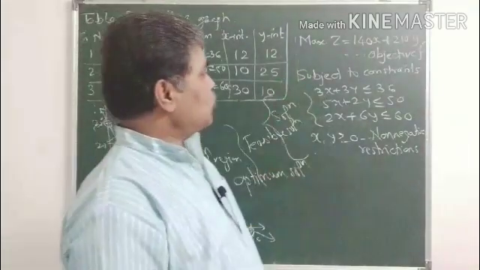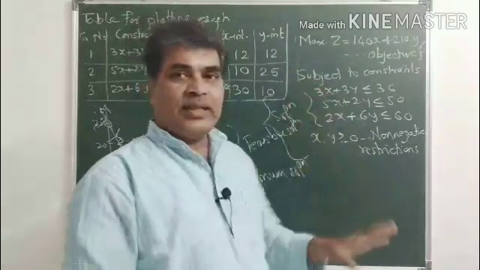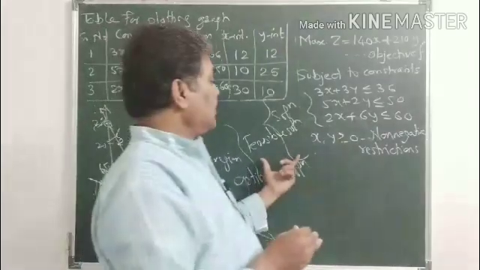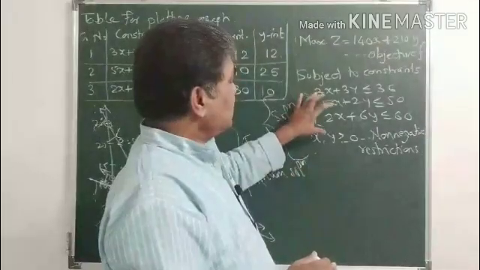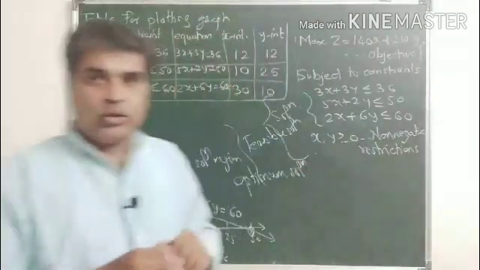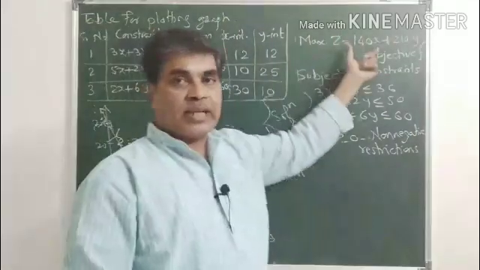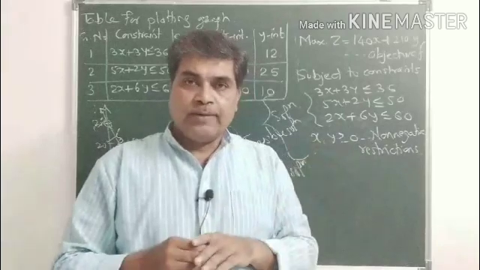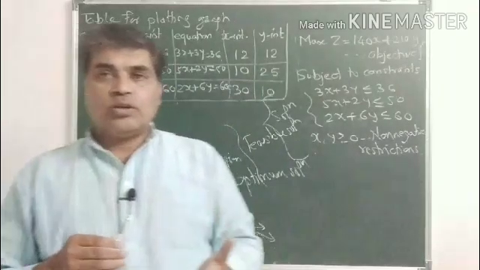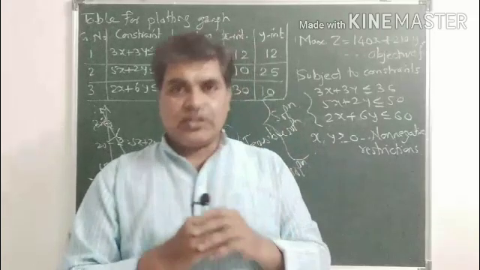What is the definition of a solution of an LPP? Values of x and y which satisfy only the inequalities subject to the constraints are called a solution. A feasible solution is a solution which satisfies the constraints as well as the non-negative restriction: values of x, y must be greater than or equal to 0. And among feasible solutions, the value of x, y which gives us the maximum or minimum Z value, that solution is known as the optimum solution of the LPP, which optimizes the objective function.